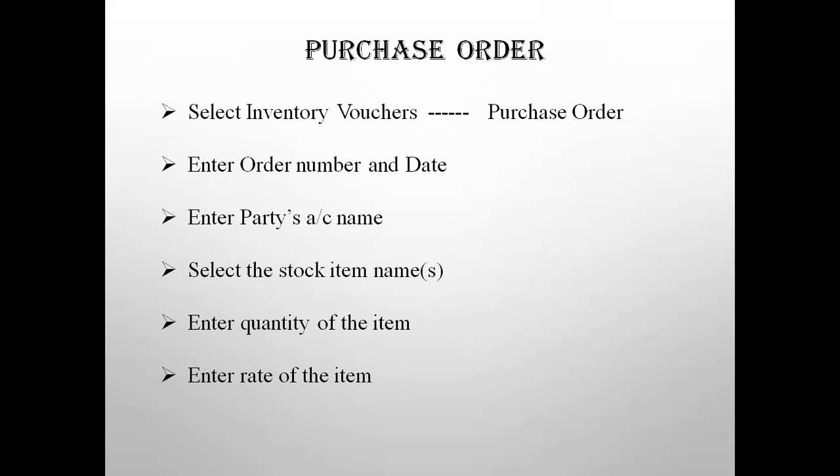So after opening a file or a company, you have to change a few settings in the accounting software to put on the purchase order screen. It is normally off by default. If you want to pass an entry in the purchase order, then you have to put this setting to yes, then only your purchase order screen will be visible to you. So put the setting on and then you have to proceed.